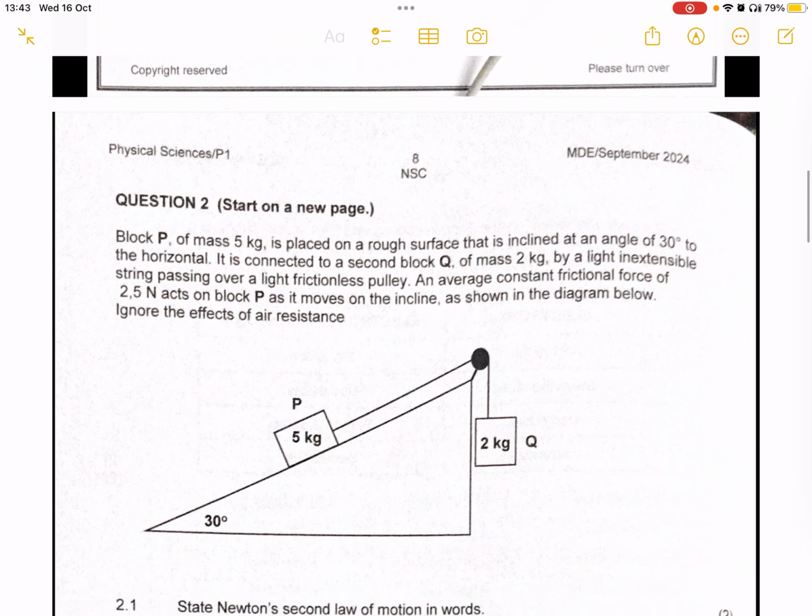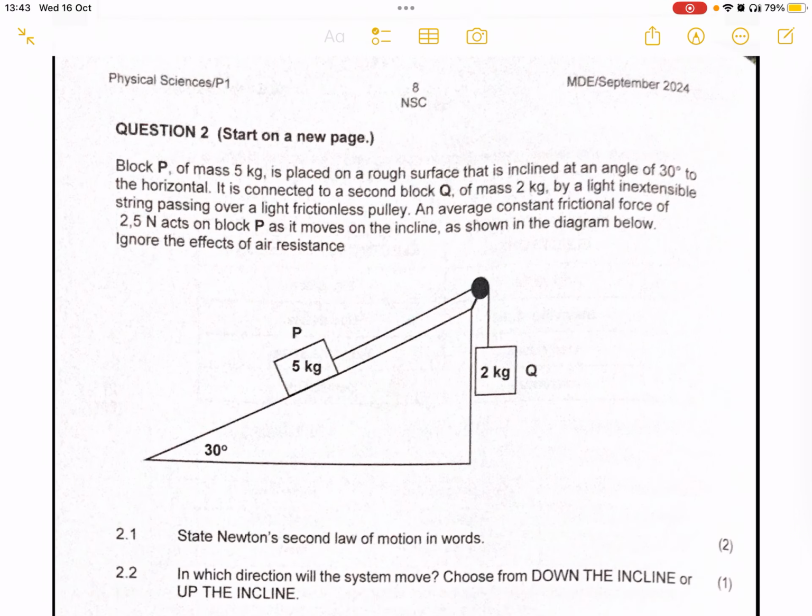Now we need to go back to the statement. Block P of mass 5 kilograms is placed on a rough surface that is inclined at an angle of 30 degrees to the horizontal. It is connected to second block Q of mass 2 kilogram by a light inextensible string passing over a light frictionless pulley. An average constant frictional force of 2.5 newtons acts on block P as it moves on the incline, as shown